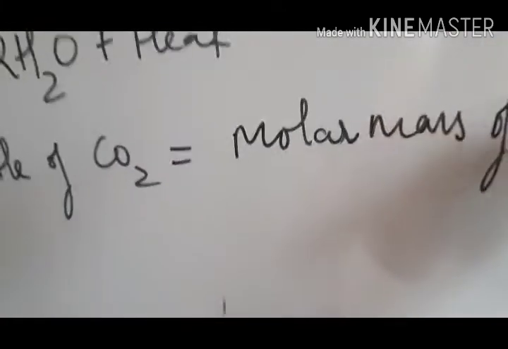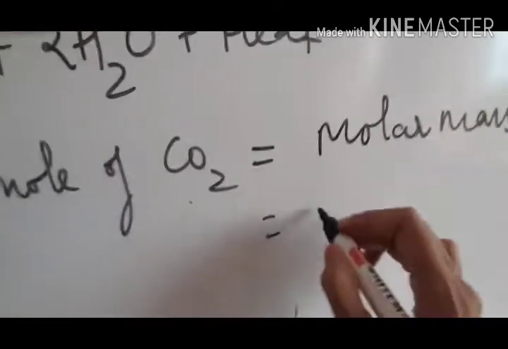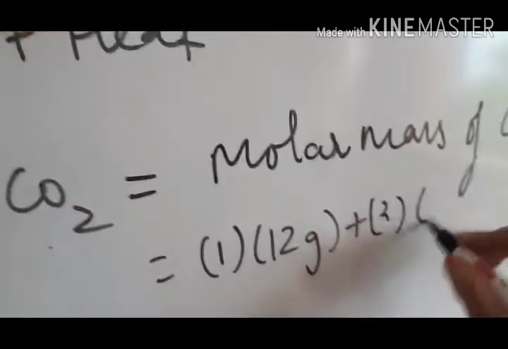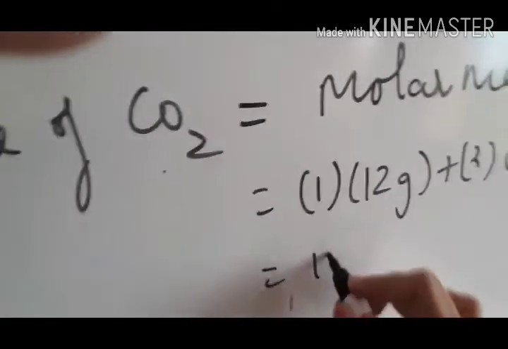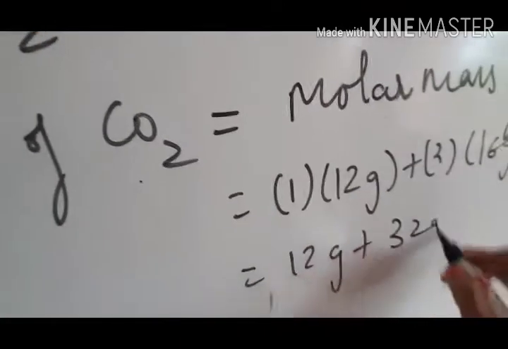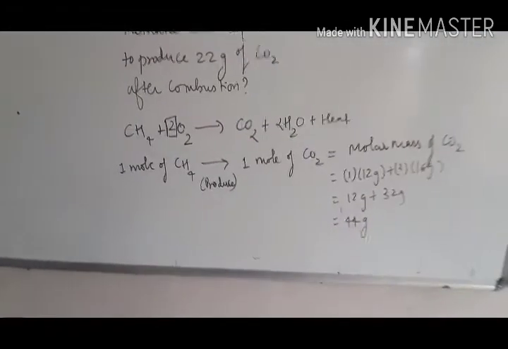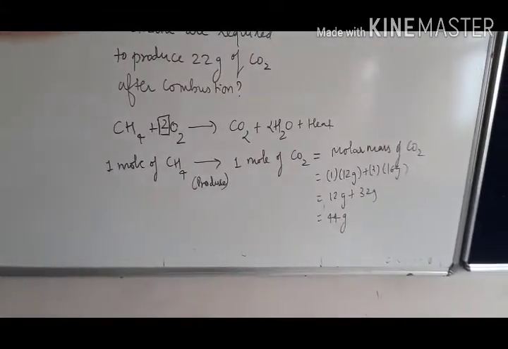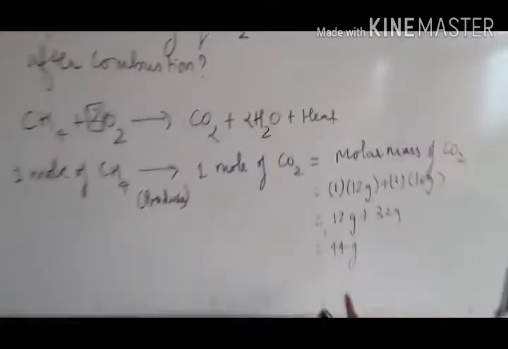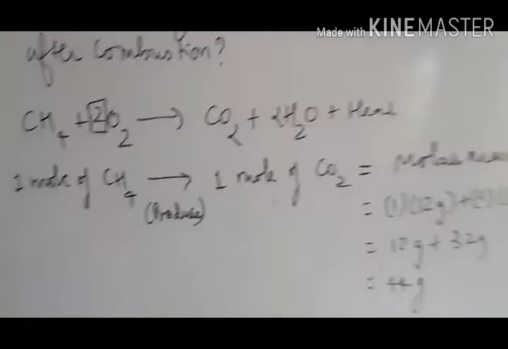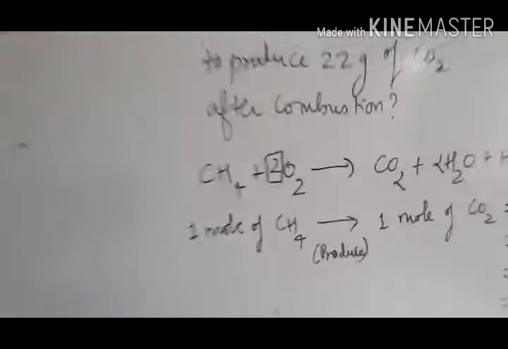Molar mass of carbon dioxide: carbon dioxide is 1 carbon, 12 gram, plus 2 oxygen, 16 gram each, so 12 gram plus 32 gram, that is equal to 44 gram of CO2. Here you can see that 1 mole of methane produces 44 gram of CO2. If you have the idea about this, then what we can write is,